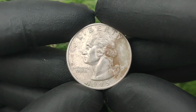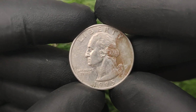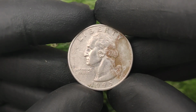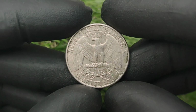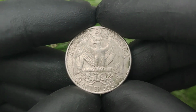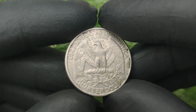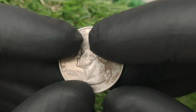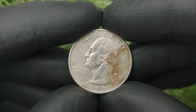Attending such events fosters lively connections and exchanges, bringing together both fresh faces and seasoned professionals eager to replenish their arsenals of knowledge while celebrating their shared dedication to the fascinating world of error coins like the 1995 P quarter dollar. It serves as a reminder that the hobby is about more than monetary pursuits. It's deeply rooted in cultural heritage and social bonds among those who cherish currency as a reflection of their collective